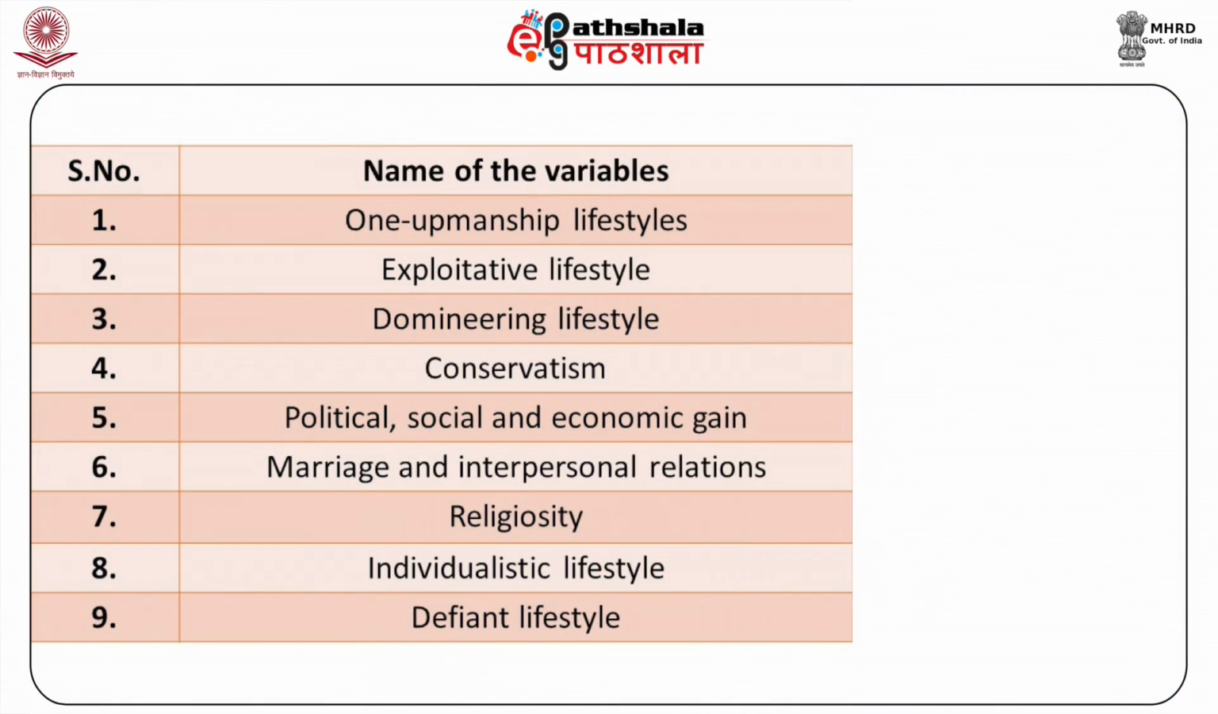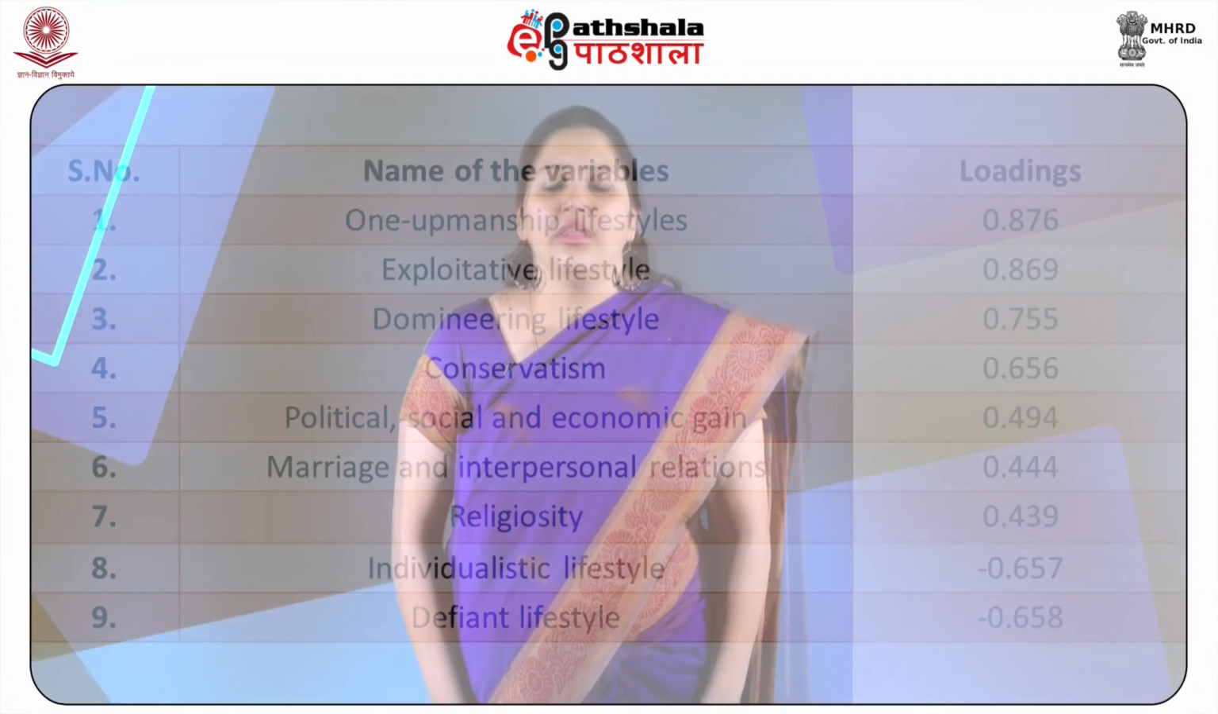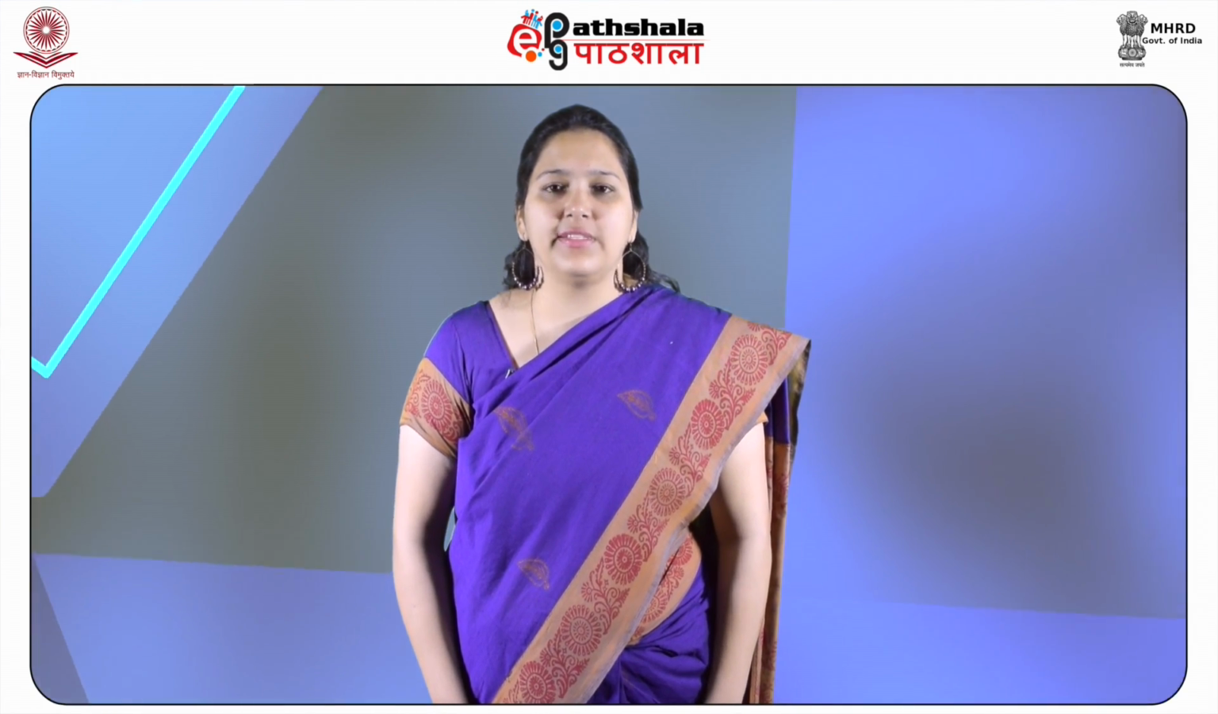So for factor 1, there are 9 variables. These variables are upmanship lifestyle, exploitative lifestyle, domineering lifestyle, conservatism, political, social and economic gain, marriage and interpersonal relations, religiosity, individualistic lifestyle and defiant lifestyle. The various loadings for each of these variables are